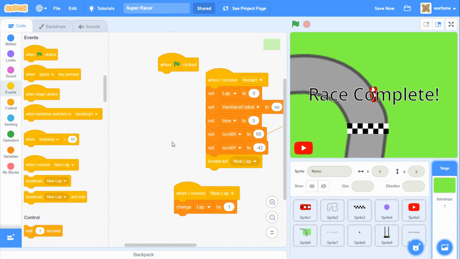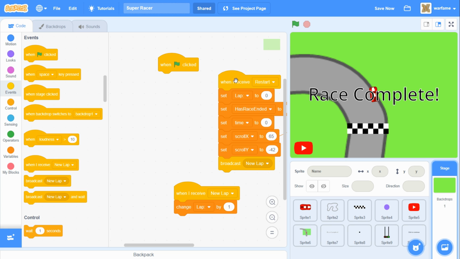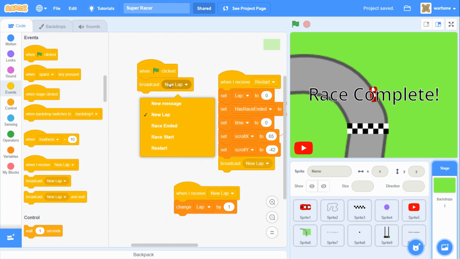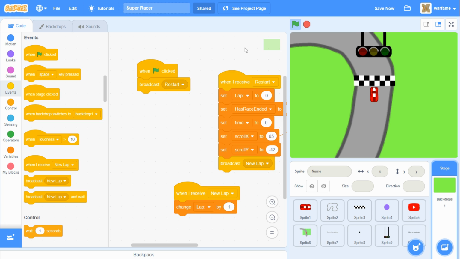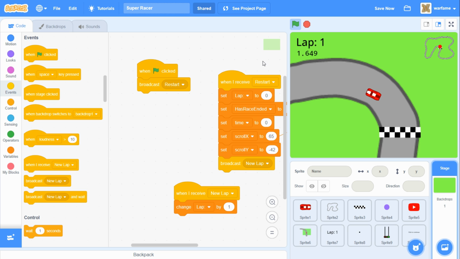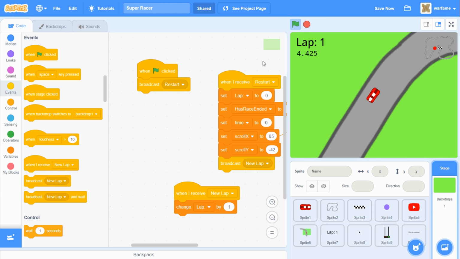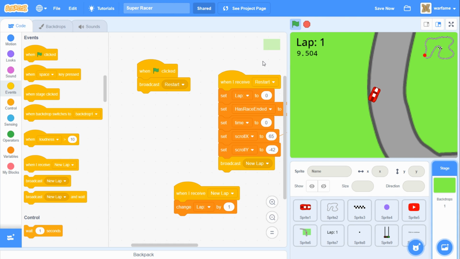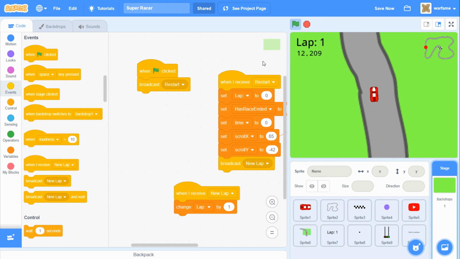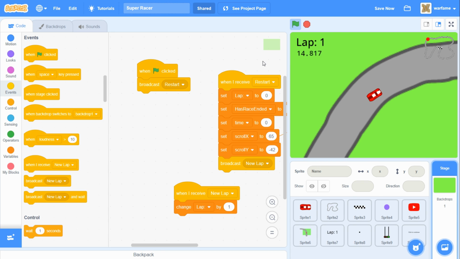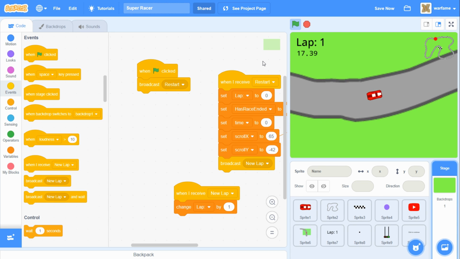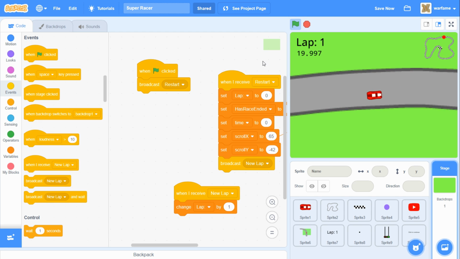Alright, so now that all of these values reset after it receives the restart message, when the flag is clicked, we actually want to broadcast the restart message so that the game actually works when the flag is clicked. Alright, so if we try it right now, it shouldn't work properly, but I think some of the game should restart. So once we complete a lap, then we should get to our race complete screen, and if we click anywhere on the screen, then part of the game should restart. So let's see,